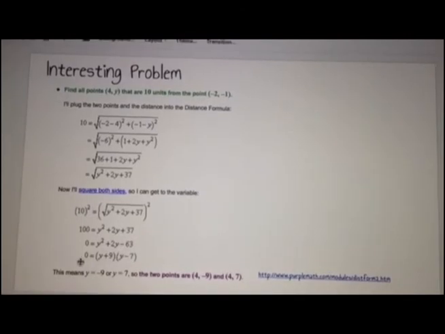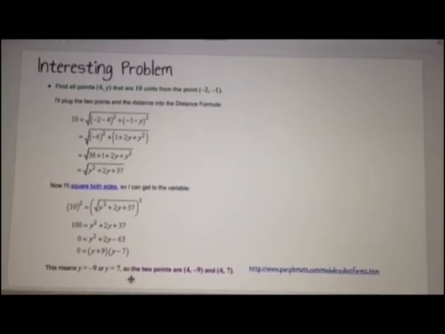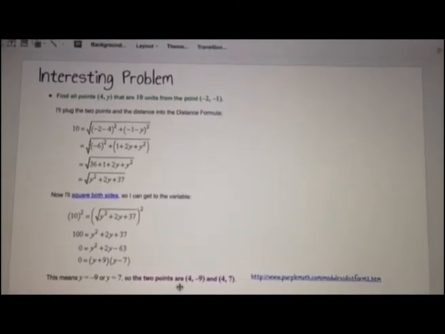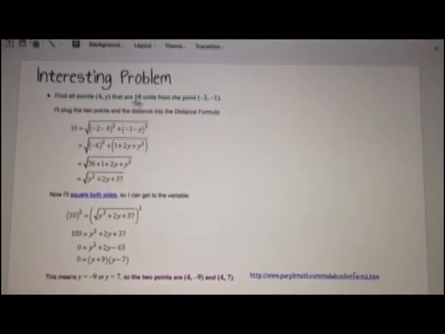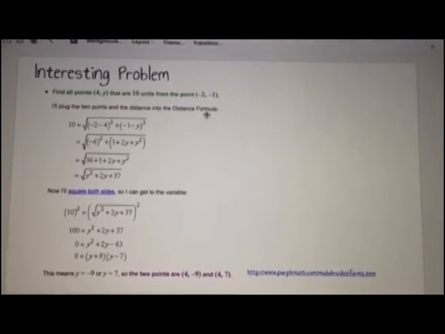This means that the y value is -9 or 7. So the 2 points that are 10 units away from the point (-2, -1) are (4, -9) and